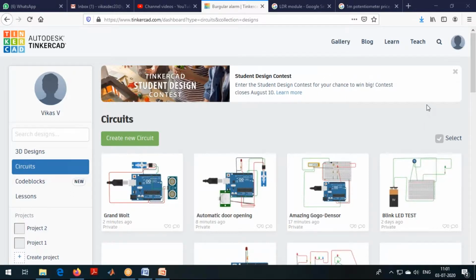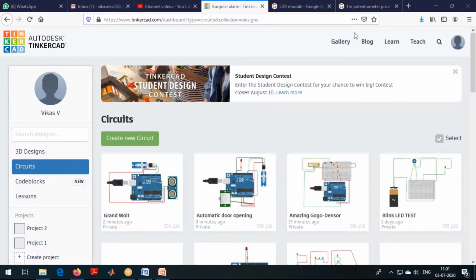Lakshmi Kalyan, which standard are you studying? 8th, sir. Okay, from which school? Kendriya Vidyalaya. Okay, Kendriya Vidyalaya Uppal. Yes, sir. Okay, Akila, what about you? I am BTech second year, sir. ECE. Yes, sir. Okay, at a later stage, if you have any doubts, you can contact us.